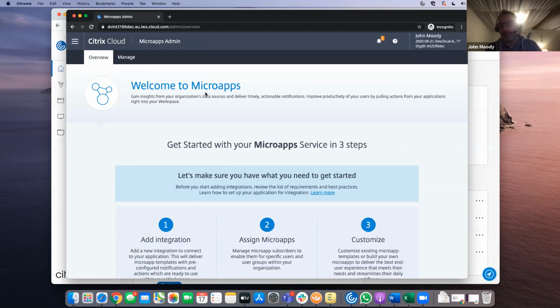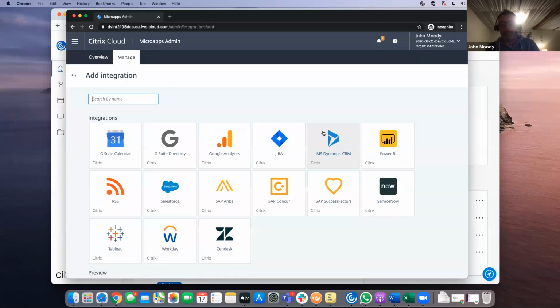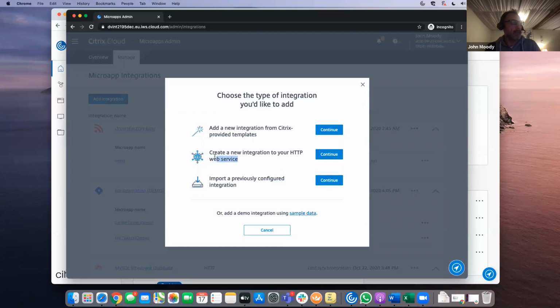And this basically allows you to start building and playing around with microapps. We have a number of integrations that we offer out of the box. So these are integrations that Citrix has written. So we hit the most popular SaaS-based apps available today. But what we also give customers the ability to do is create your own using our HTTP web service. And this is what we use to create our hooks into